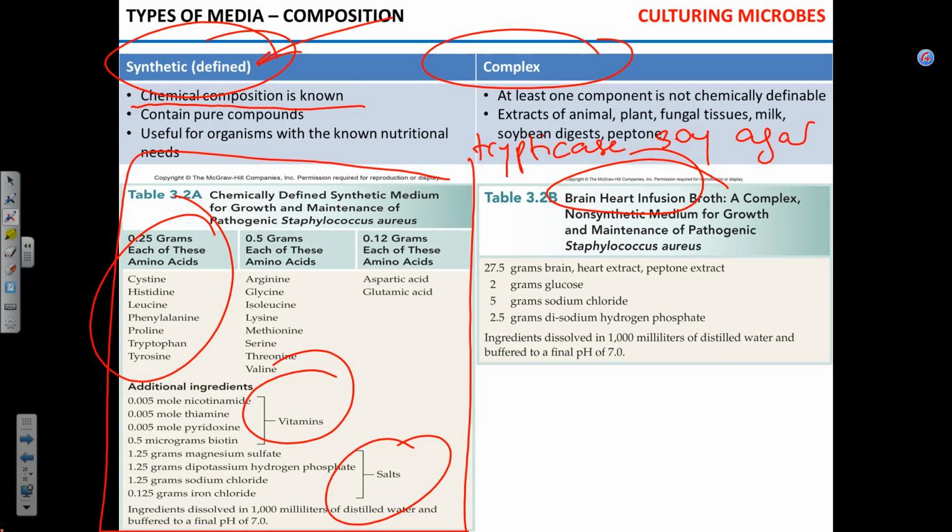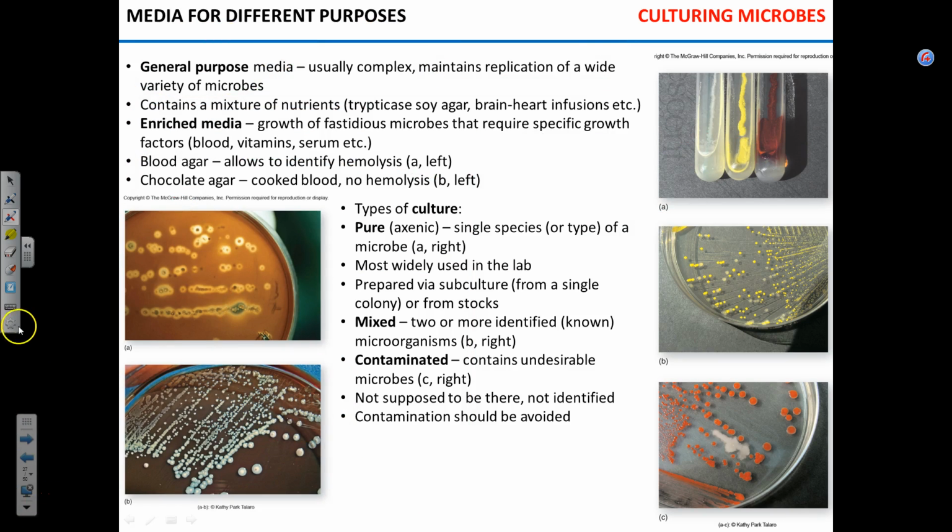When we were collecting samples from our hands, we didn't know what's going to be there, right? Since we don't know, we want to provide as many options to those microbes as we can. Agreed? Okay. Let's take a break before we get to the different